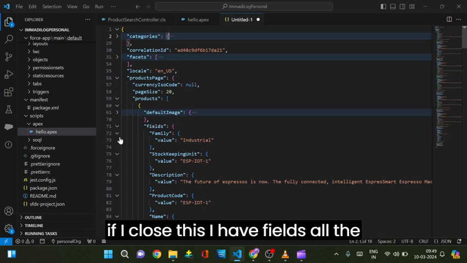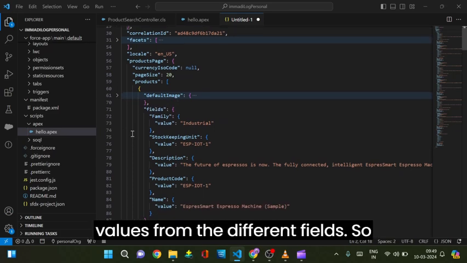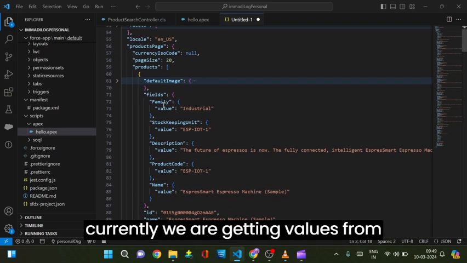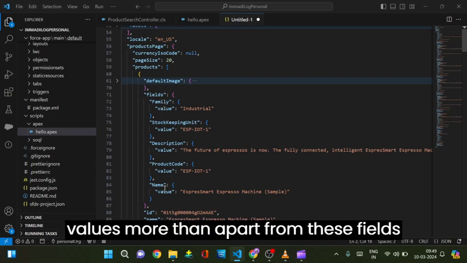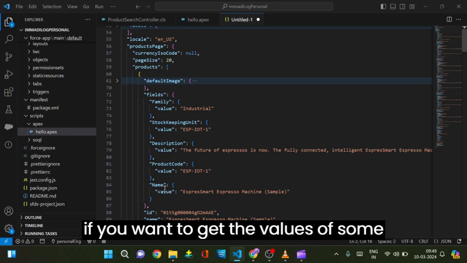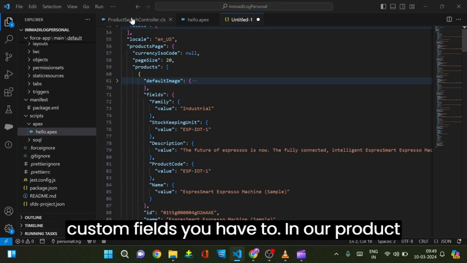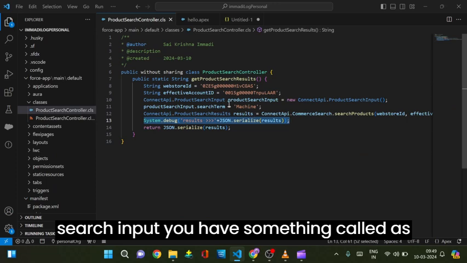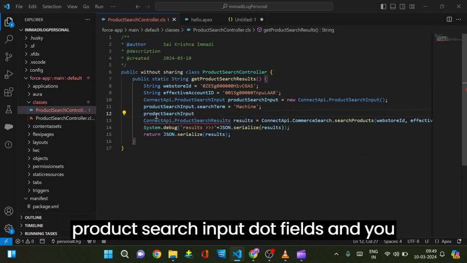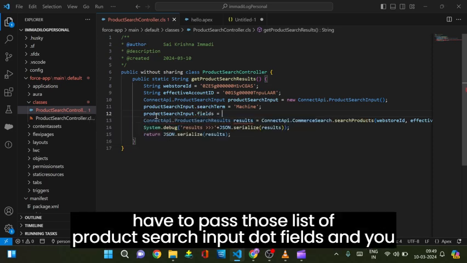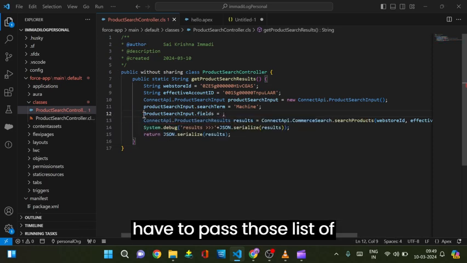Next, I have fields, all the values from the different fields. Currently we are getting values from these 5 fields. If you want to get the values of some custom fields, in our product search input you will have something called fields. So you have to pass product search input dot fields, and pass that list of fields